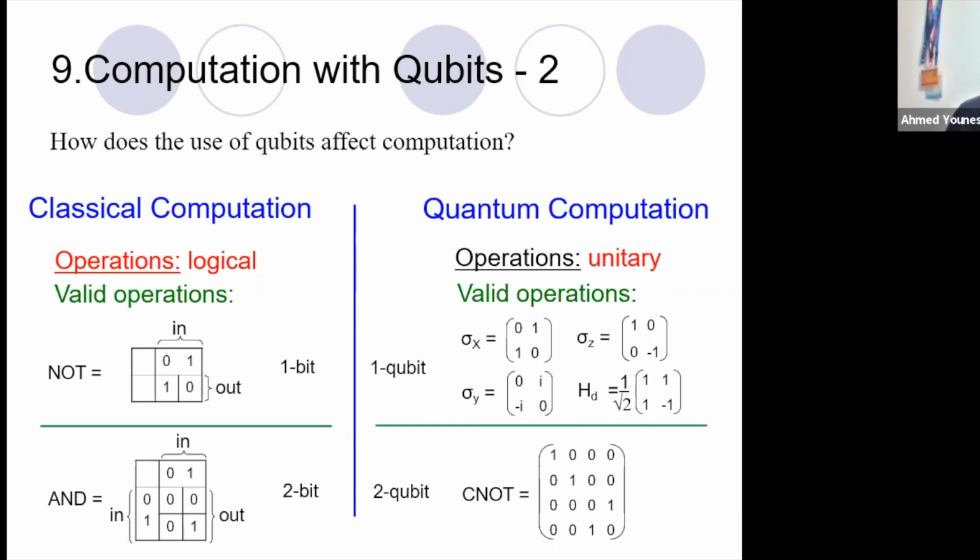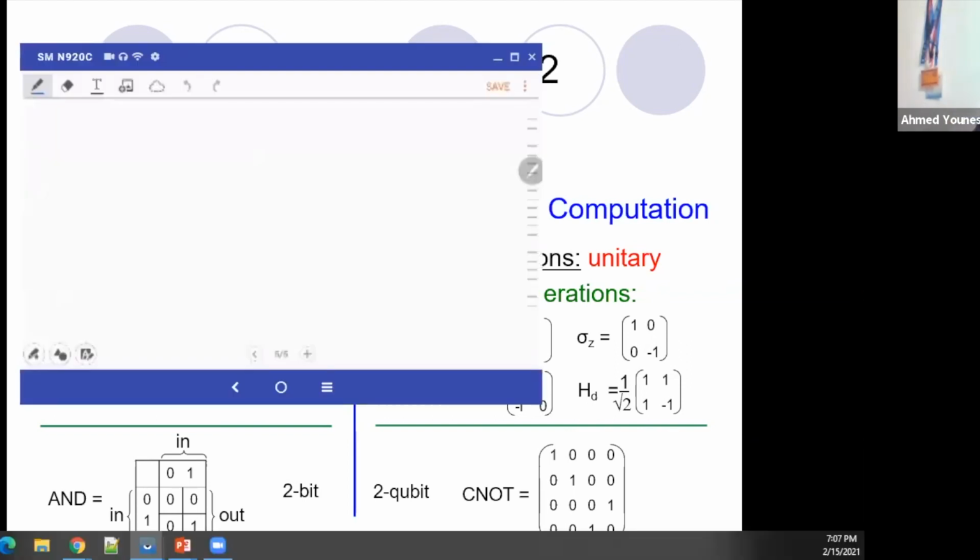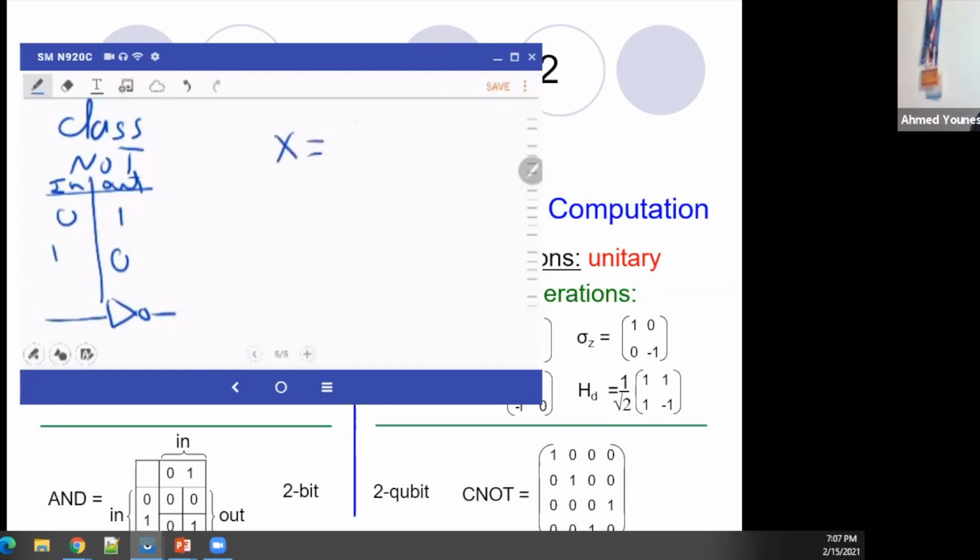So to understand what's the difference between these gates and the classical gates, I will tell you a trick to be able to understand these matrices in a very easy way. So if we have NOT classically, we all know that NOT, we have input, we have output, right? So we have 0, the output will be 1, 1, the output will be 0. This classical gate we represent graphically in this way as a digital circuit, right? What about the quantum version of the NOT? We have a quantum version of the NOT, but the quantum version, we write it this way